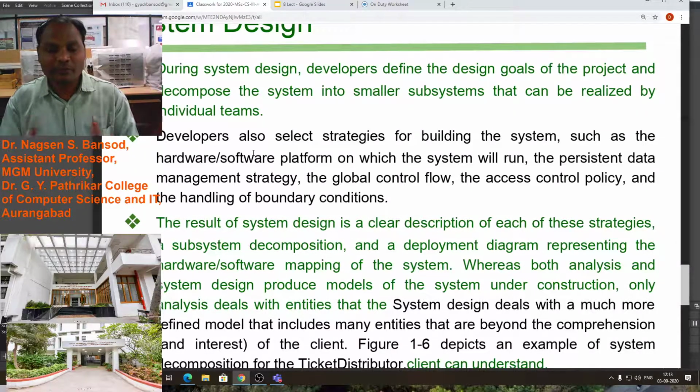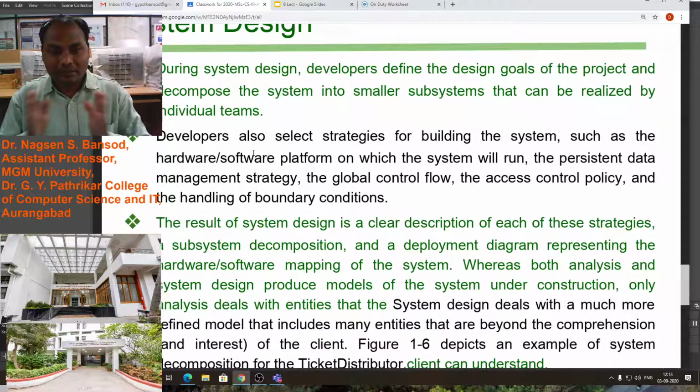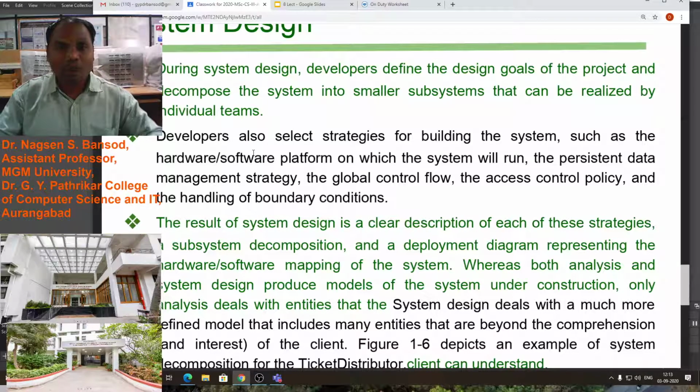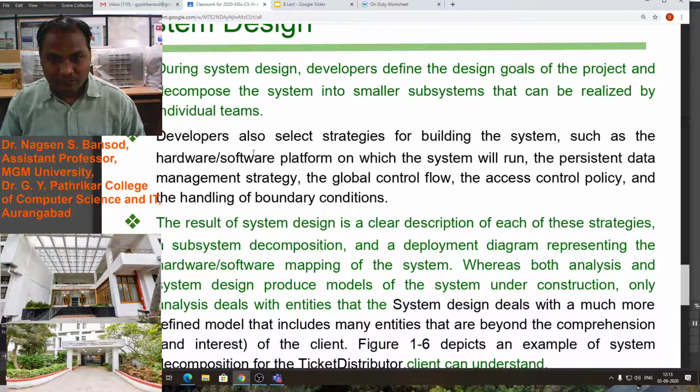In ticket distribution machines, we require just an embedded kit. There we don't require a big computer that the traveler will not handle, or the ticket conductor will not carry that whole computer with him. That is the hardware requirement.